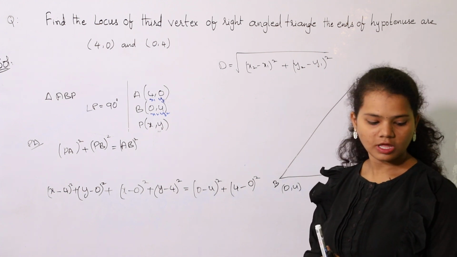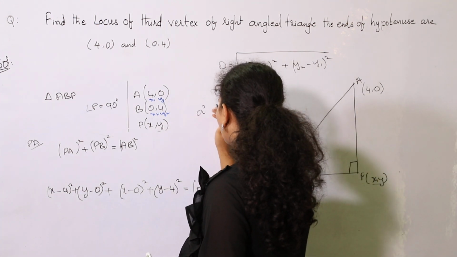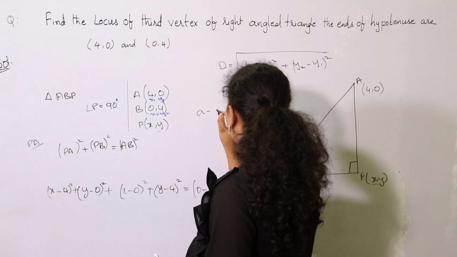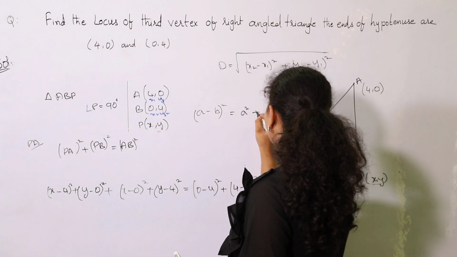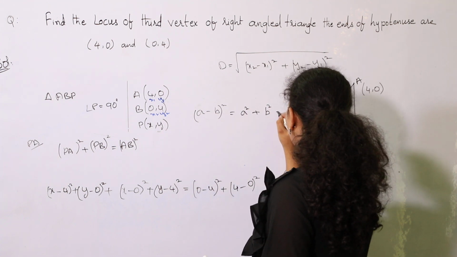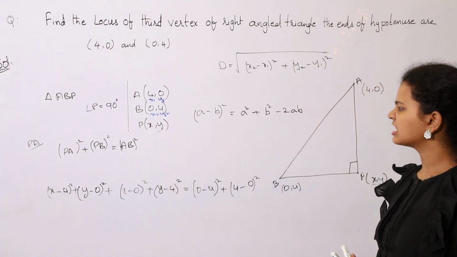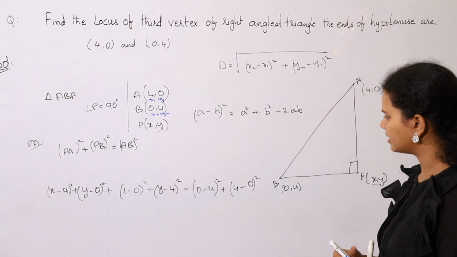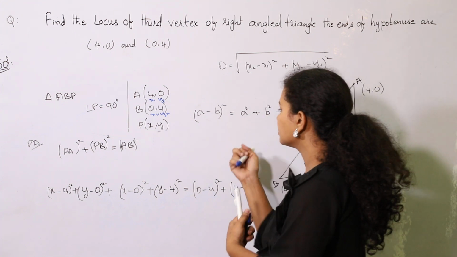As we know, a minus b whole square is equal to a square plus b square minus 2ab. So by using this formula,